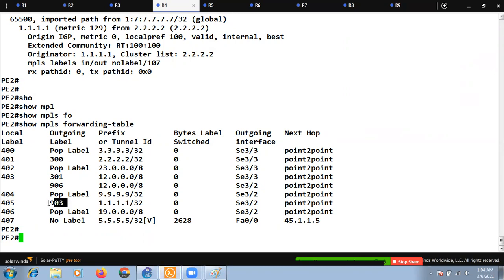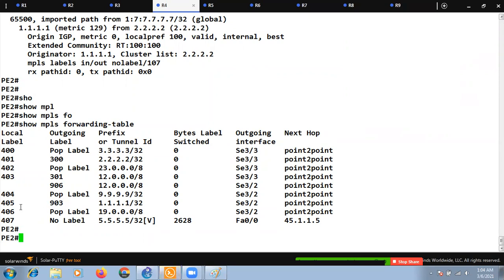So that is why I set the label range according to our routers, so that just by looking at the label information, we can find out which router generated this label. So you can see here the label is starting with 9, so it means that R9 generated this label.